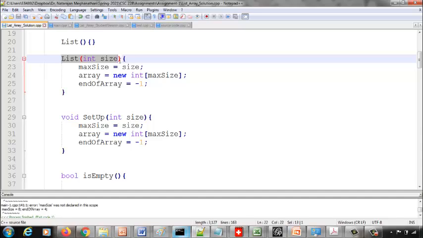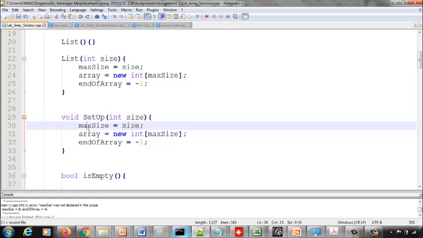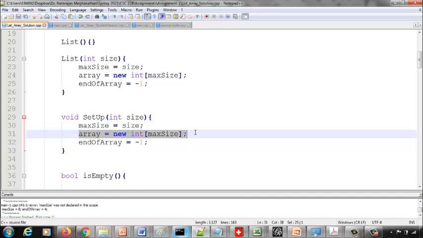Since we could not call the constructor here, we can call the setup function that does everything the same as the constructor. So you can call that function, set the values for the max size, and create an array of integers, each of size max size. So this is an array,